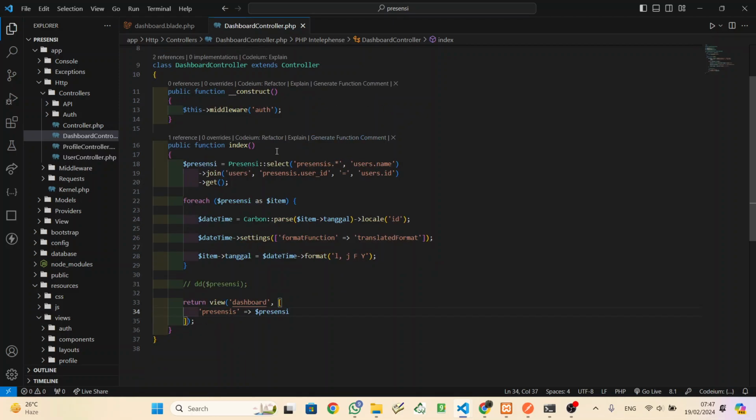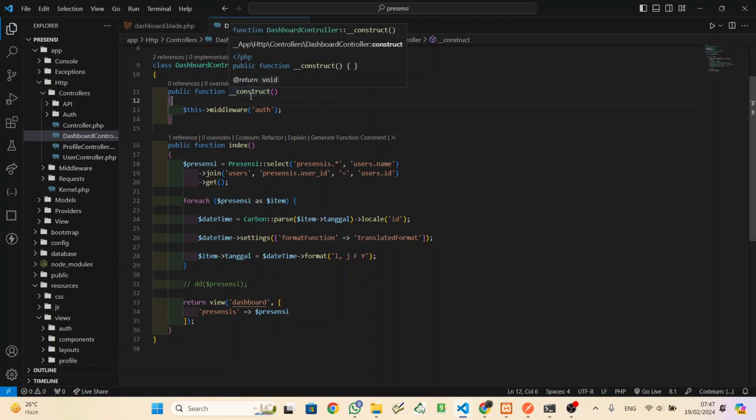The logic is, the first one is the constructor. The constructor is a function that will run whatever the condition is. The index or another function will run after you call it, but the constructor will run whether you call it or not.